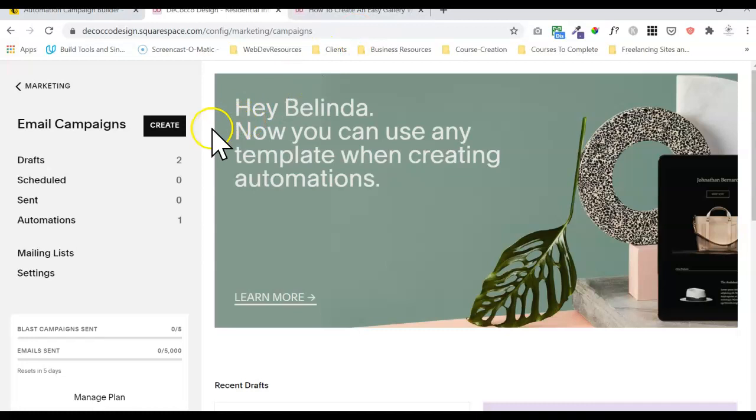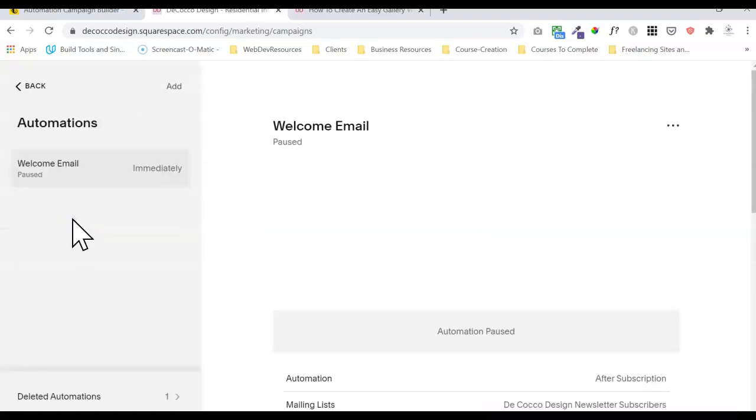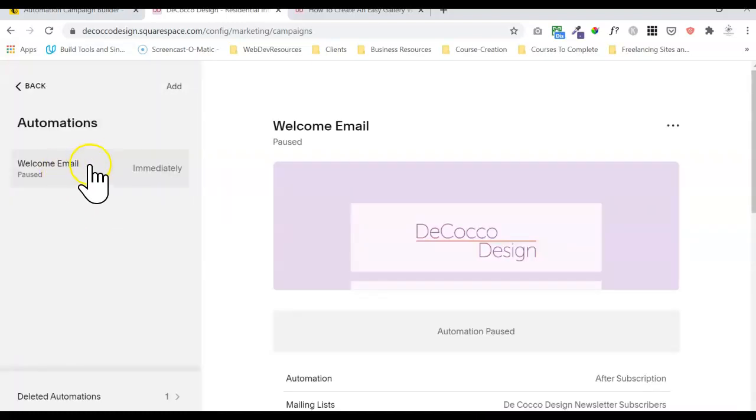So, we are going to hop down here to automations. And we have this welcome email. It's paused right now. I just want to walk you through the design of it, and then I'm actually going